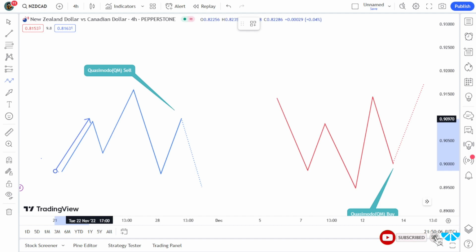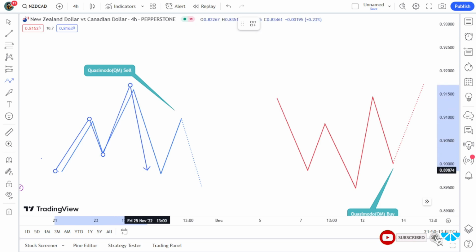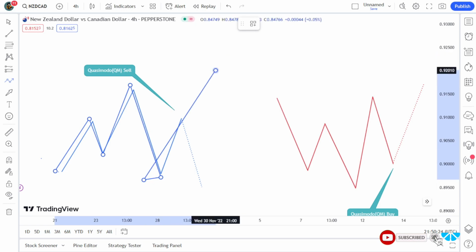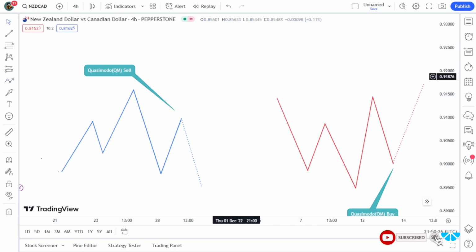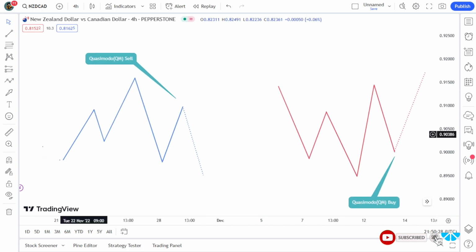Price makes a higher high, higher low, higher high, then a lower low. Once this type of structure forms, that means our Quasimodo pattern is in place. So the price makes higher high, higher low, higher high, and lower low. For the Quasimodo sell,